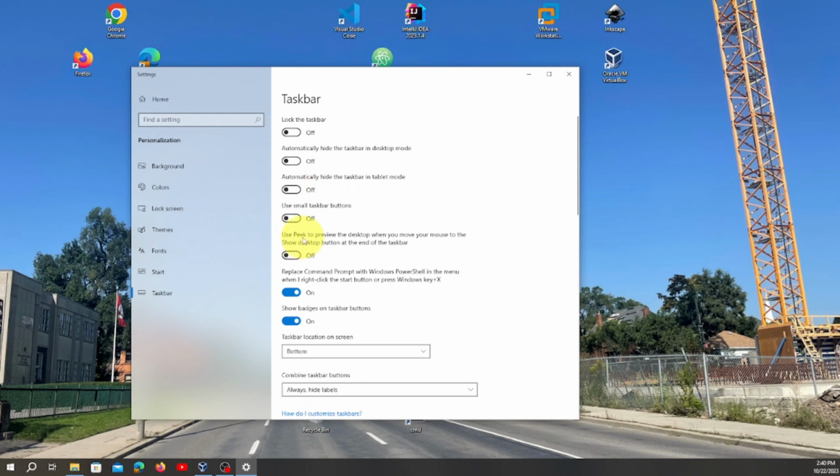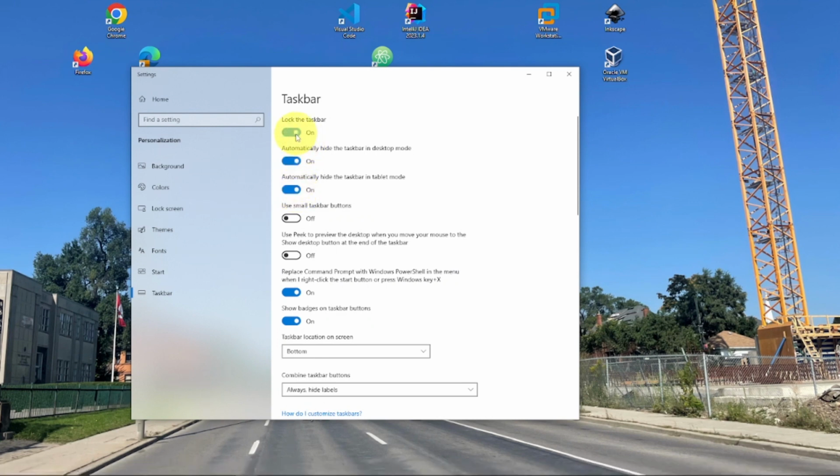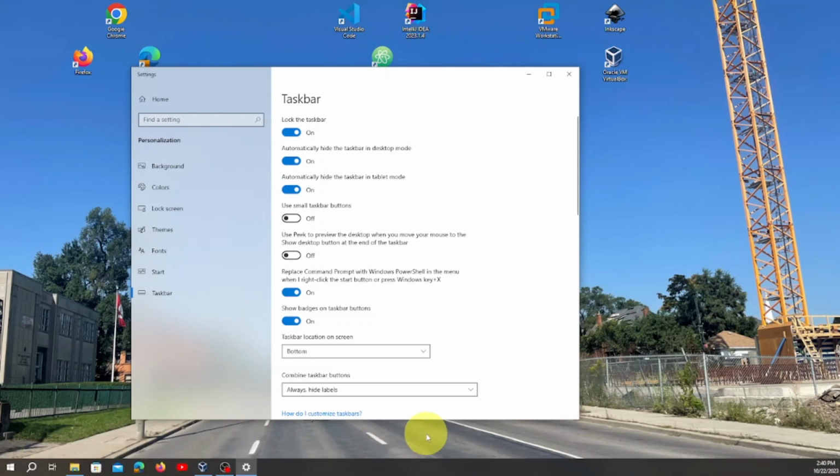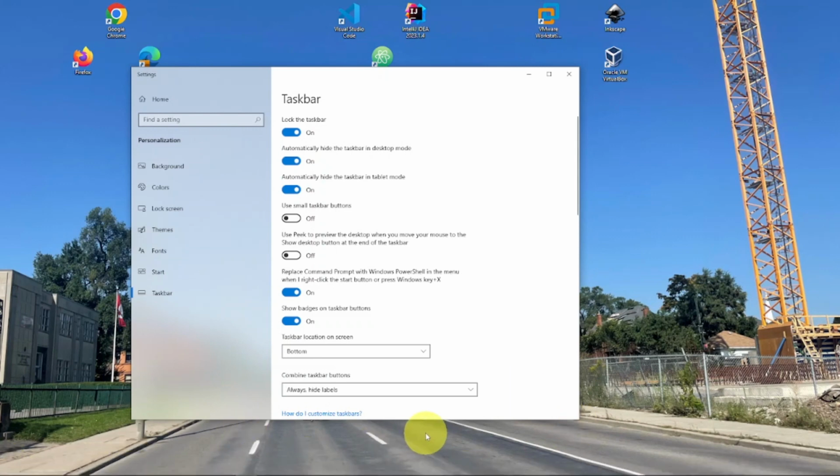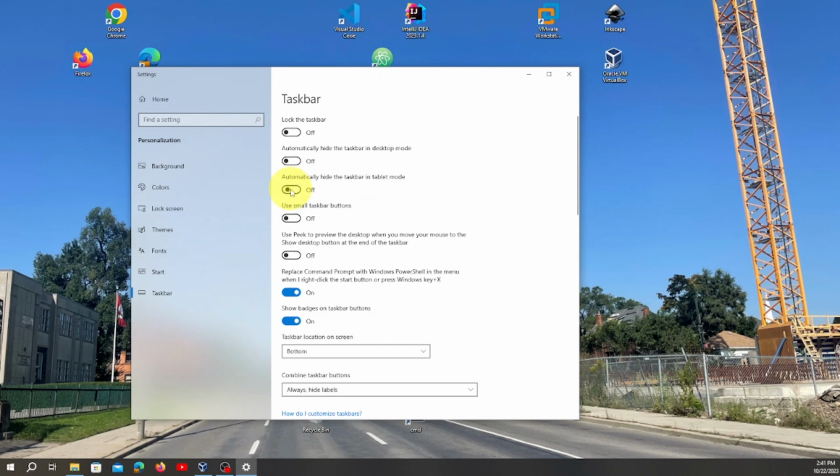So you just have to play with it, okay? So if I want to go back, I put it here, I put this one, okay? Now when I put my mouse, you see. So you just have to play with it. So we're going to put this back like this.